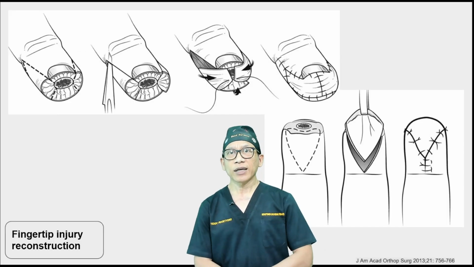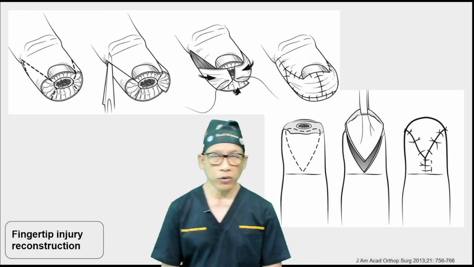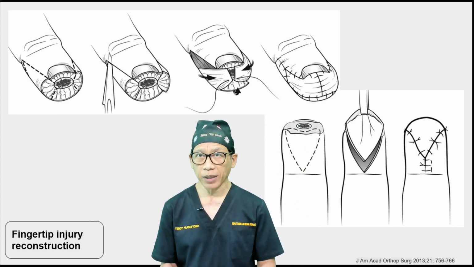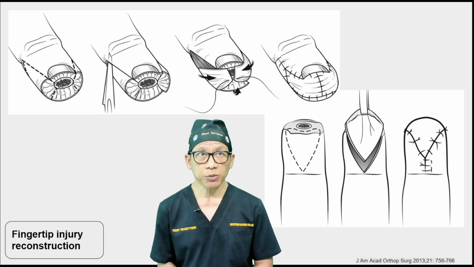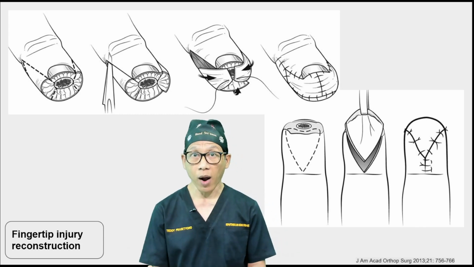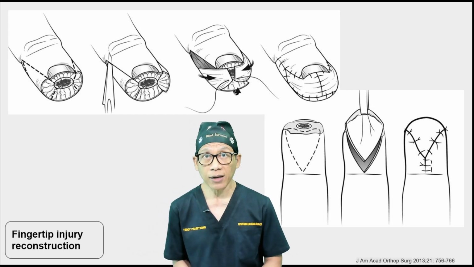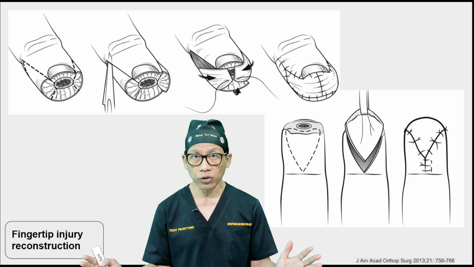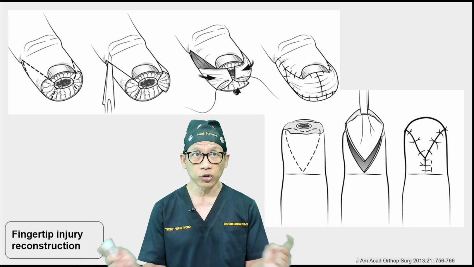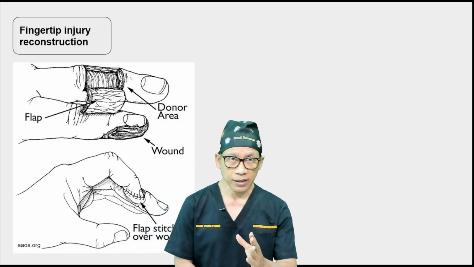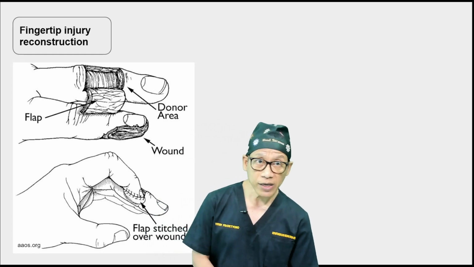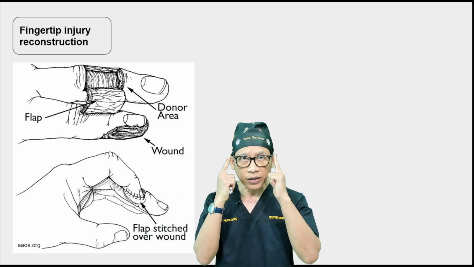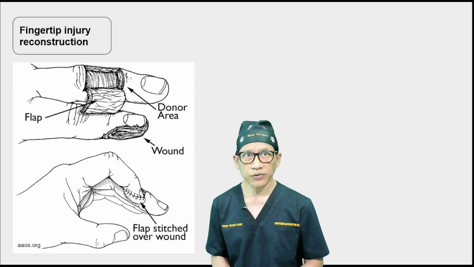Okay, so here you could see some examples of the way surgeons reconstruct the finger using flaps. Basically, they are advancement flaps with a V to become a Y shape as the outcome of the surgery, and that could be from the volar side or from the lateral side, or radio-ulnar side, with two flaps meeting together in the axis of the finger or digit. The other example of how surgeons reconstruct fingertip injury is using a cross finger flap.